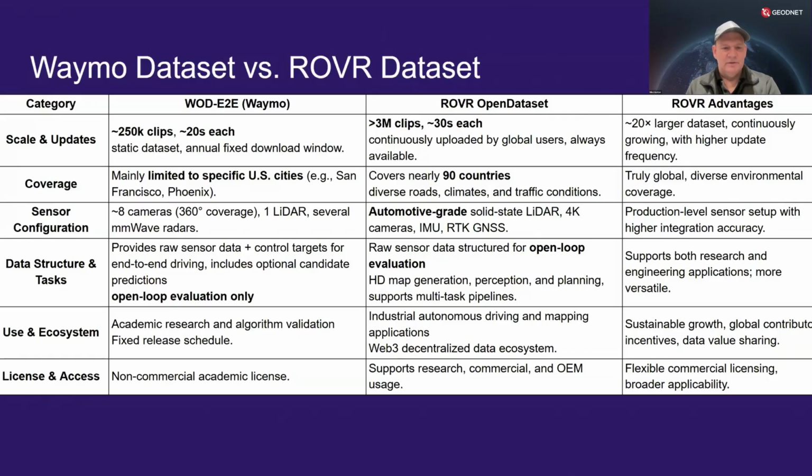And if those academics come up with new algorithms and publish them, Waymo in turn benefits. So there's a little flywheel there that they're creating around their data set to advance the state of the art and development. Rover's mission includes that, but it's certainly more focused on helping people and democratizing